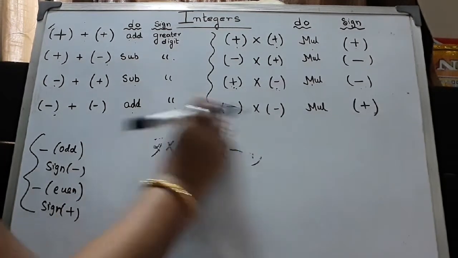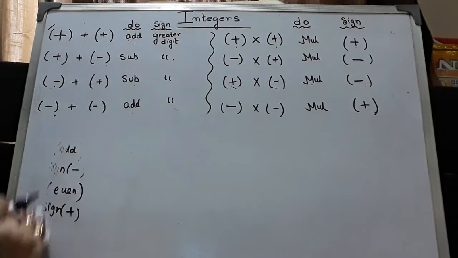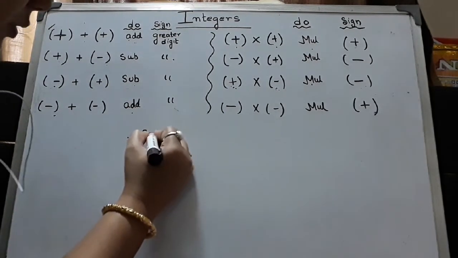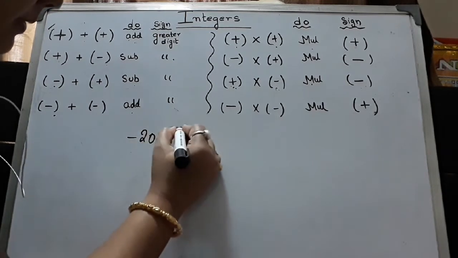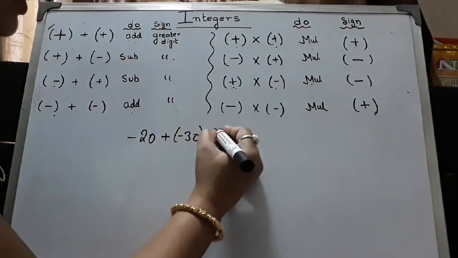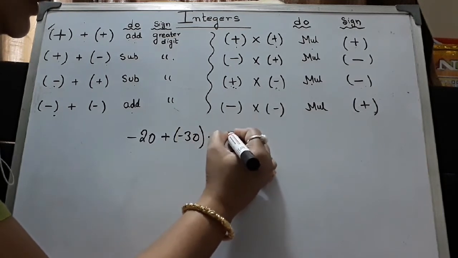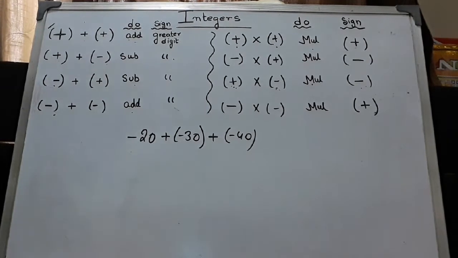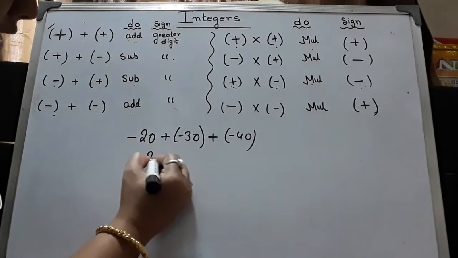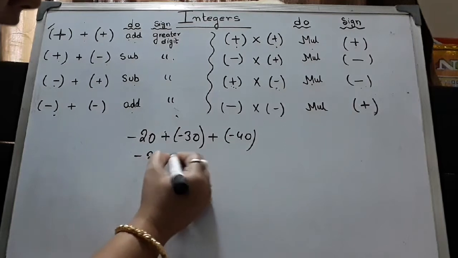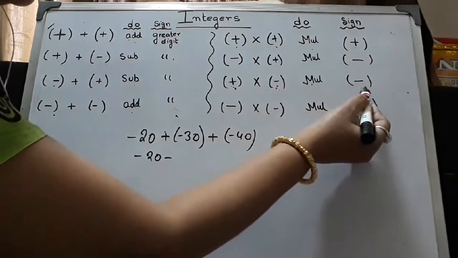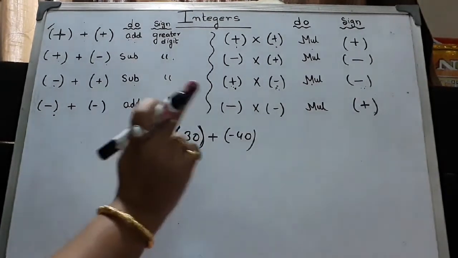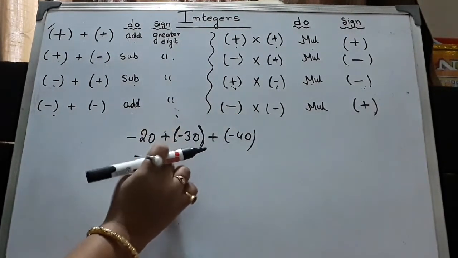Okay. Now, this goes for multiplication, and now I am showing you one big sum. Let's do. Suppose plus minus 20 plus minus 30 plus minus 40. I need to solve this type of sign. What I will do? Minus 20, plus into minus is minus, plus into minus is minus. This bracket means only multiply. That time you don't get confused. Okay, plus into minus, minus sign.